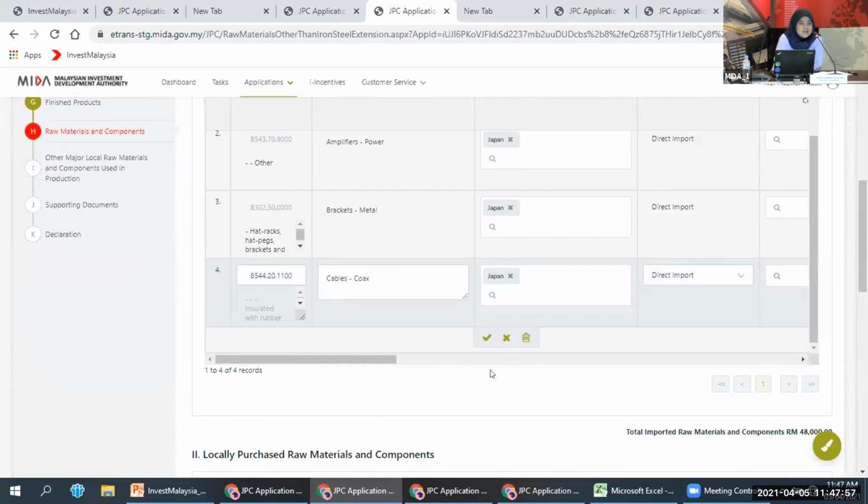So they are trying to get that information back. Unfortunately, there's no way you can get the information unless you create a new application. That's why before deleting a raw material, you have to really make sure that it's not relevant or not applicable for the extension application, and only then delete it. If you accidentally delete that raw material, please create a new application.